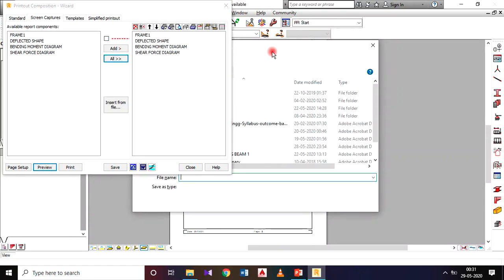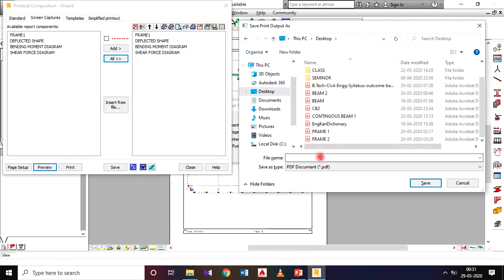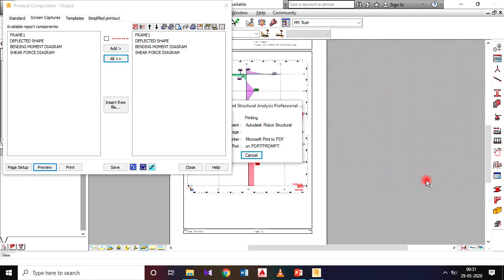So it is showing where to save. I will save that one in the desktop only, and I will name this one as frame. Okay, frame 1 you can name. Okay, then I will save this file. That is converting that one to PDF.